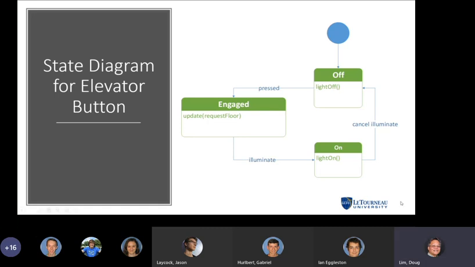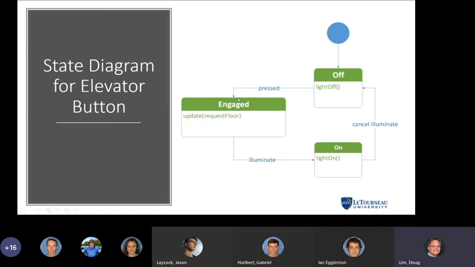And you can see the action that happens whenever you enter into the off state: the light is turned off. So that's what I'm indicating there. The light off method happens when the elevator button reaches the off state, and the light is turned off.